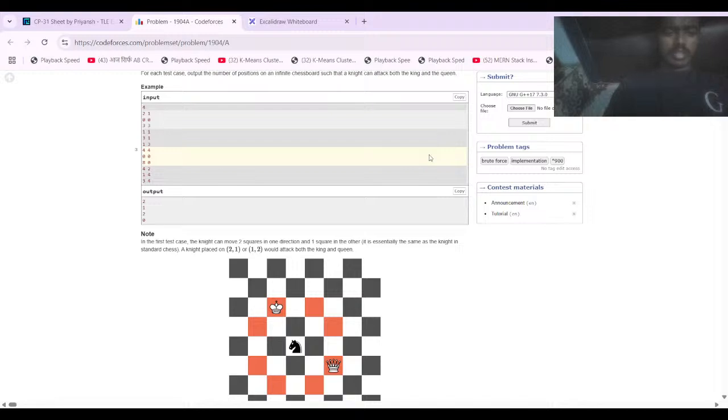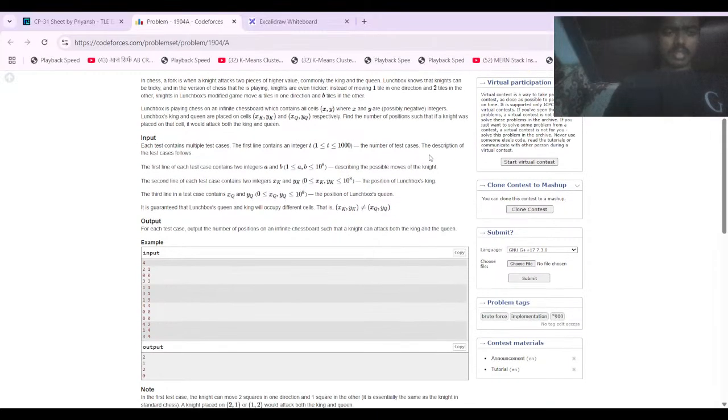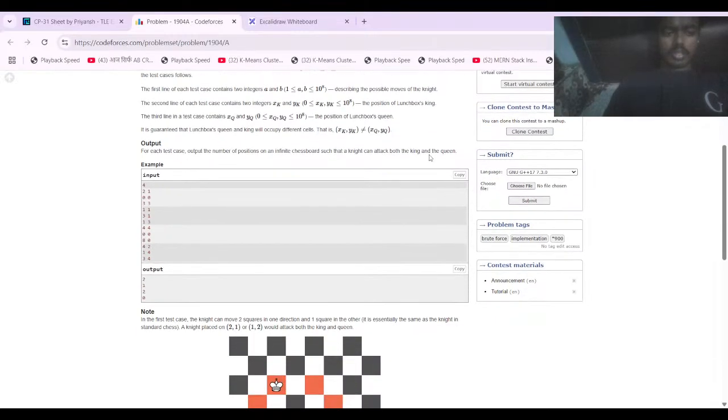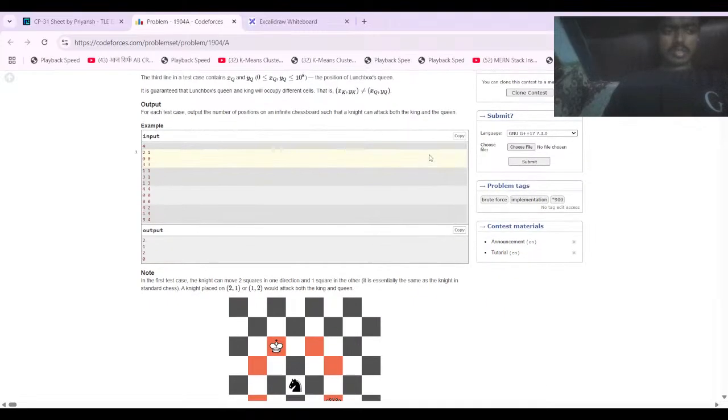On the first line, xk and yk are the initial position of the king, and then xq and yq are the initial position of the queen. So in the first input, 2 1 0 0 and 3 3, the knight can jump 2 and 1